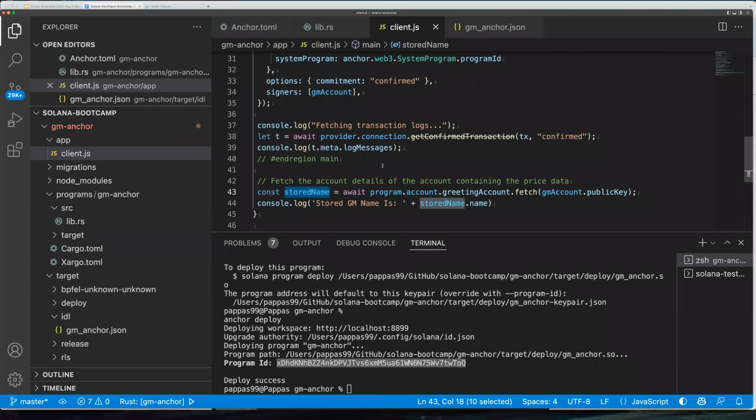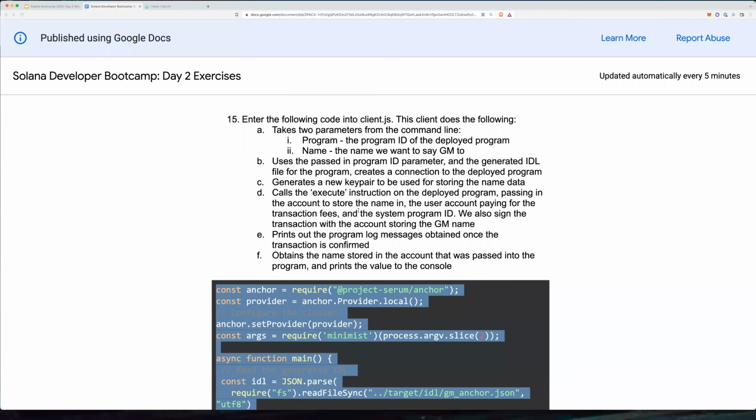So unlike yesterday, we're not doing any deserializing. We don't need to create any classes or schemas in our client. Anchor just does everything for us, right? So in one line, we literally just did the equivalent of yesterday of the get account info, and then the deserializing into an object and then printing the object. So once that's done,